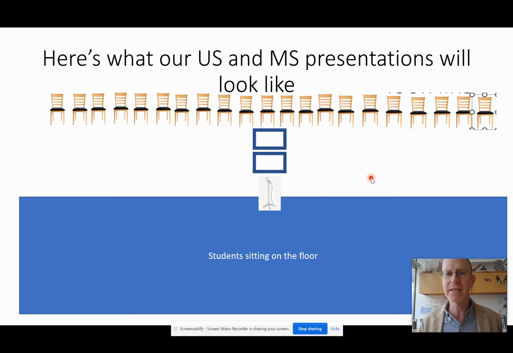So basically, when the program begins, whoever is our first reader of the day is going to be on the X. Whoever is our second reader of the day is going to be in the square number 1. And our third reader of the day is going to be square number 2. So we've got an on deck and double deck. And as we go through the program,